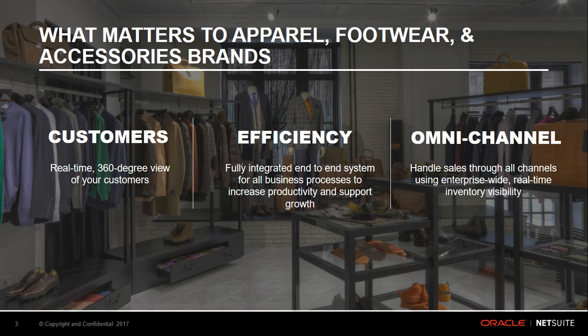As we look at the apparel, footwear, and accessories industries, there are three key areas that drive the business. First, customer is king. More than ever, brands need to recognize and understand their customers. Communicating in masses is a thing of the past, and marketing teams need access to data such as customer preferences, purchase history, geolocation segment, customer service records, and use that ability to deploy intelligent and personalized campaigns on a